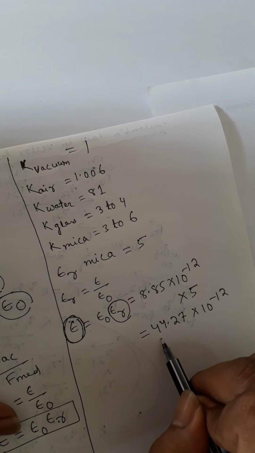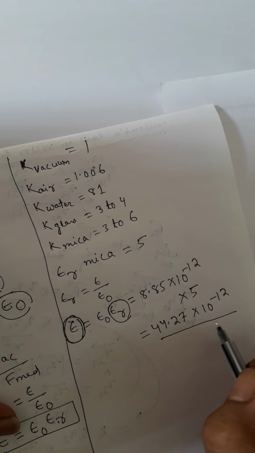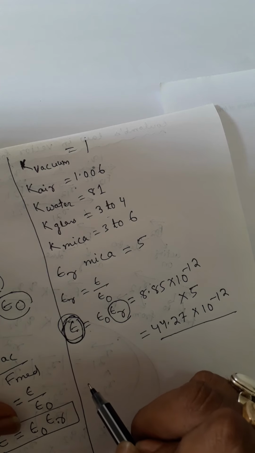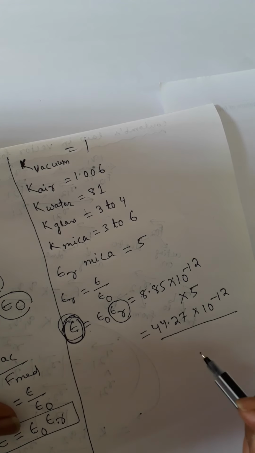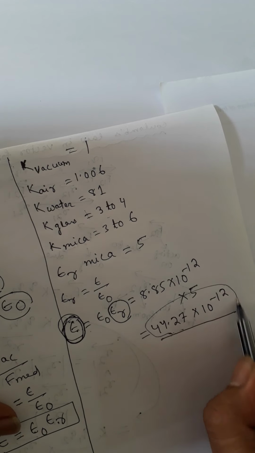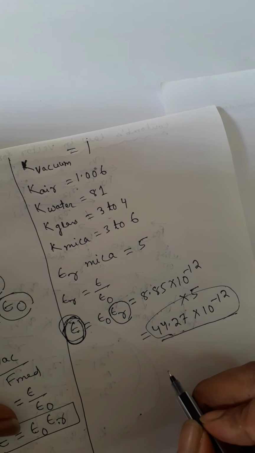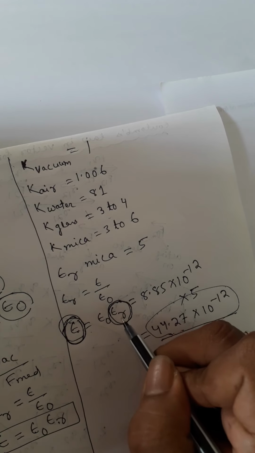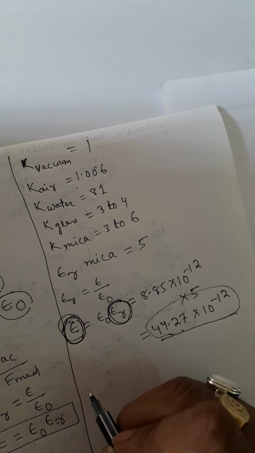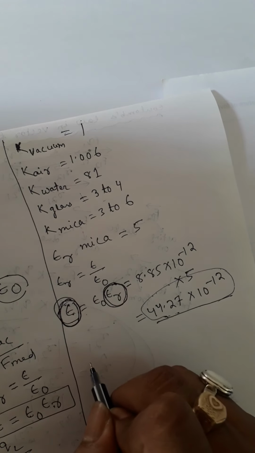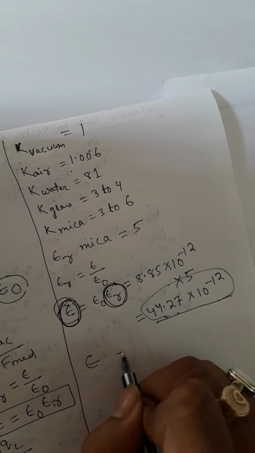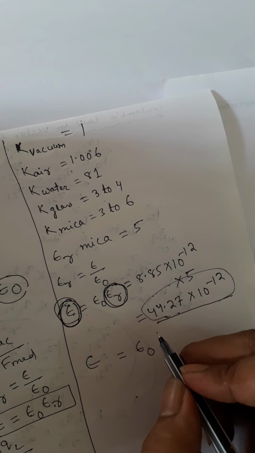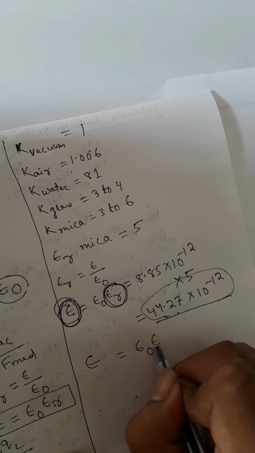So it is very difficult to remember the absolute permittivity of all the media, because each medium has a different absolute permittivity value, and these are very complicated values. So to make it easier to remember, we use the relative permittivity. Whenever we require the actual permittivity of any medium, we just multiply the relative permittivity with the absolute permittivity of free space, that is epsilon naught into epsilon r.